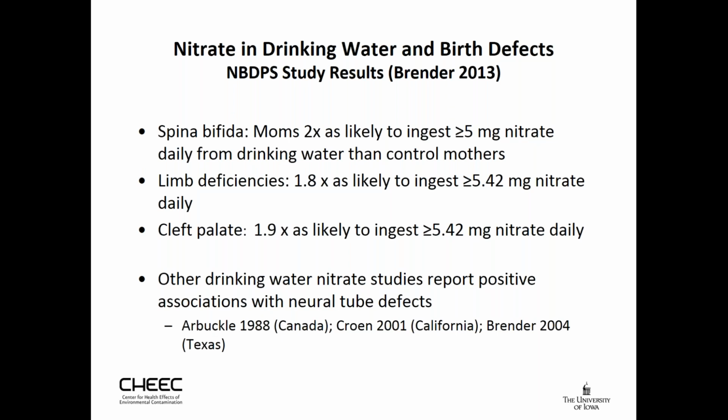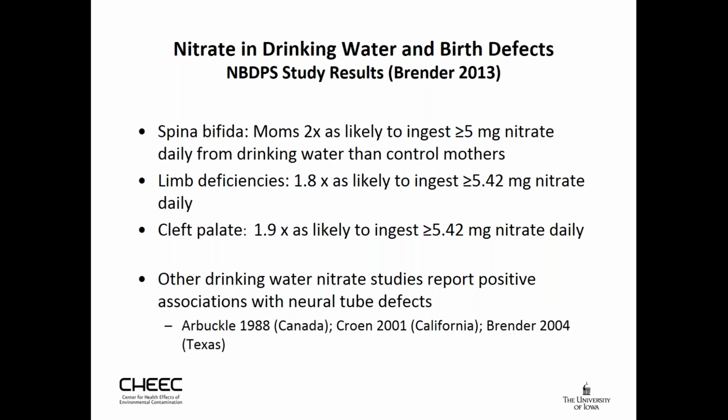So what did we find in this study? This was published in 2013. We found that moms of babies with spina bifida were twice as likely to ingest at least 5 milligrams nitrate daily from their drinking water than control moms. We also found that moms of babies that had limb deficiencies were 1.8 times as likely to ingest about 5.5 milligrams of nitrate daily from their water source. And moms of babies with cleft palate were not quite 2 times as likely to ingest almost 5.5 milligrams nitrate daily from the water. So this was an eye-opener for us and for the public health community that nitrate